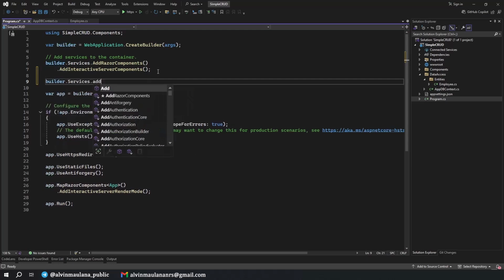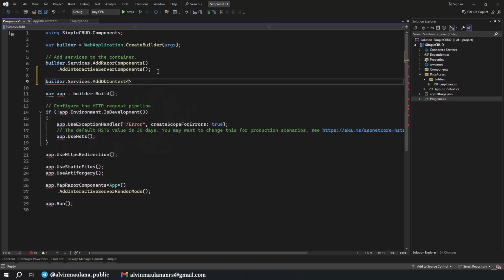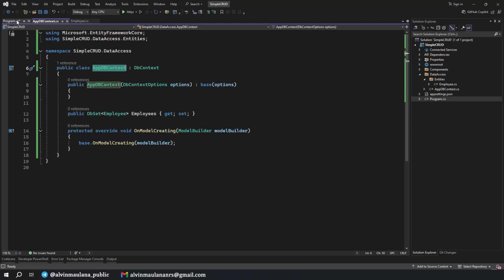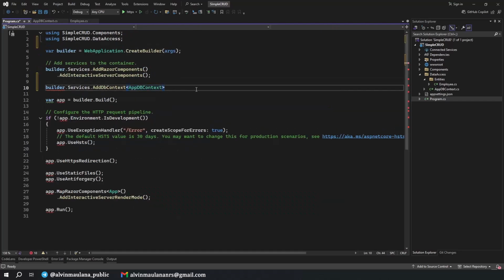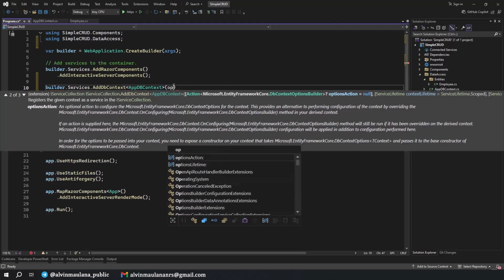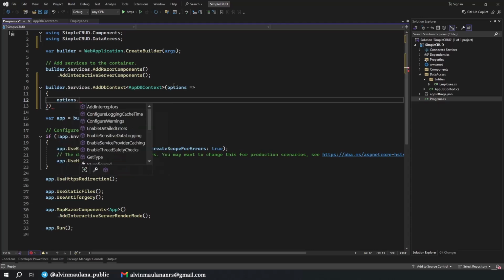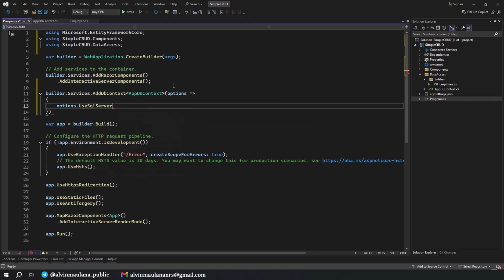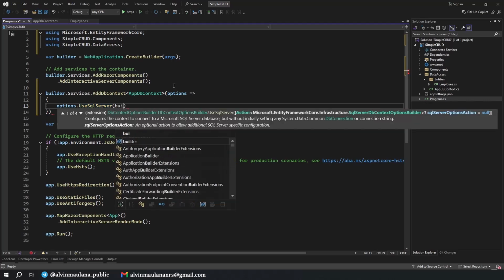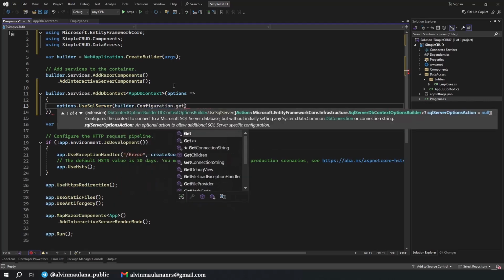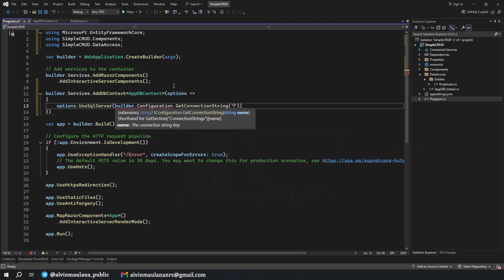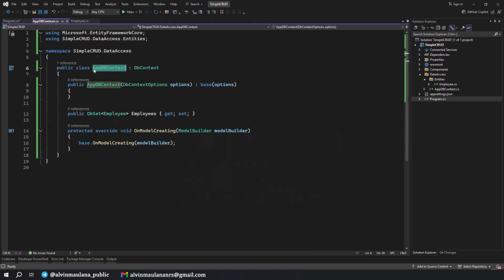Service, AddDbContext, name it the DbContext we created before, this one, ApplicationDbContext, and then it will need a reference to using SimpleCRUD.DataAccess, and then options, UseSqlServer because we are using SQL Server, and then builder.Configuration.GetConnectionString, and it will accept the connection string name.